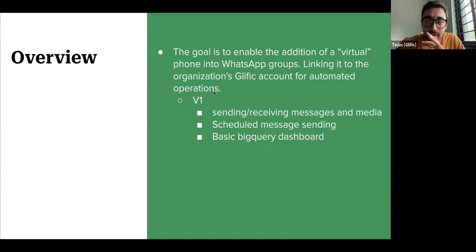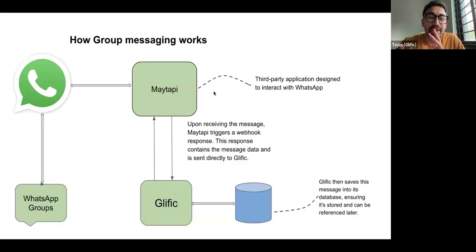So this is what it does. Before I proceed ahead, do you have any questions? So this is what the architecture looks like, just another diagram for it. There are WhatsApp groups that you're...